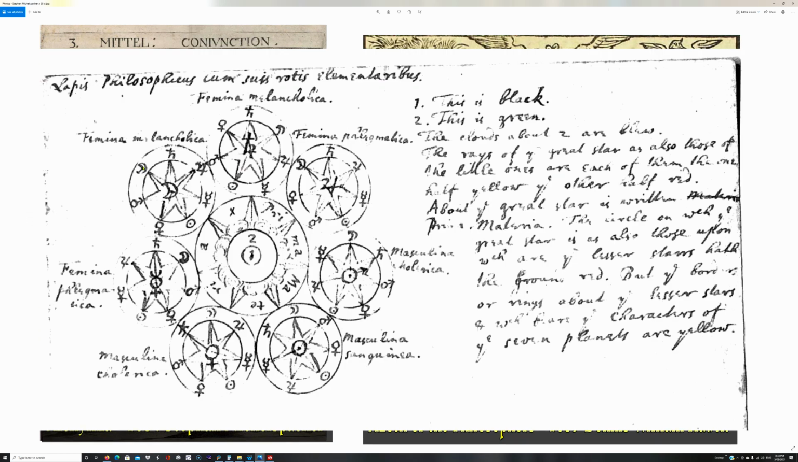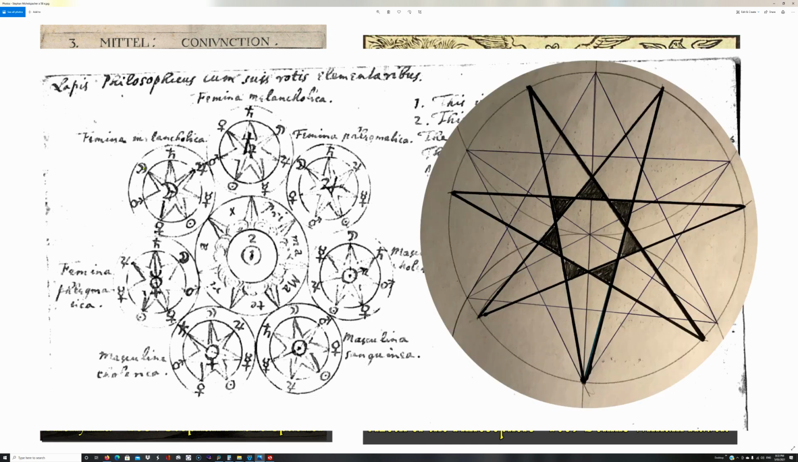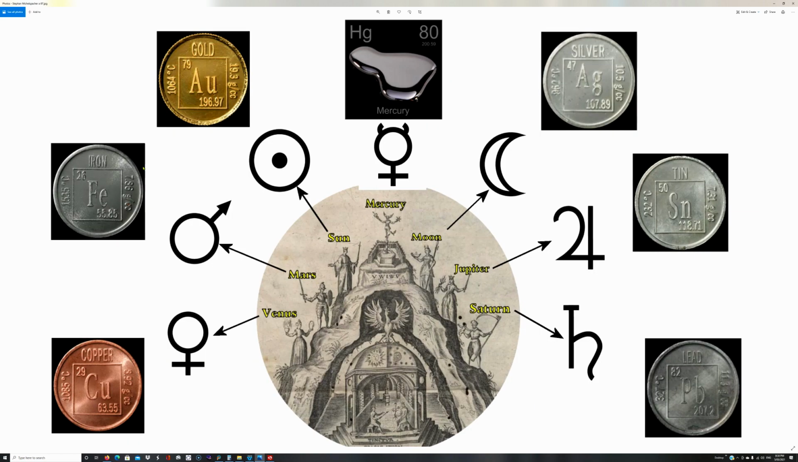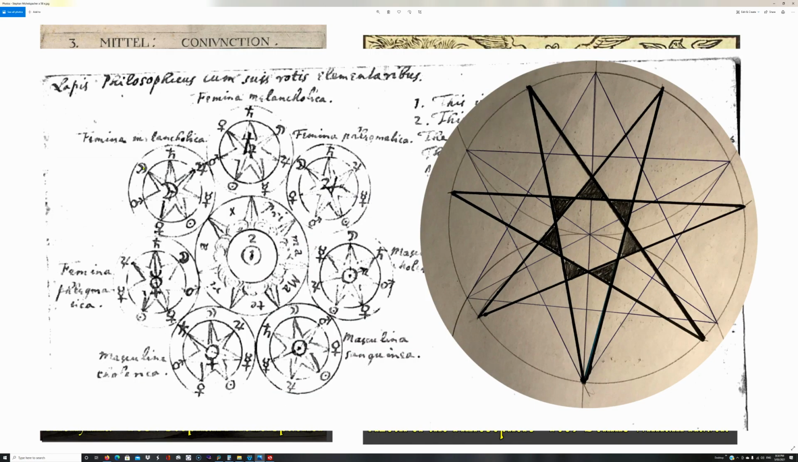So now this illustration is from the alchemical works of Isaac Newton. It's a bit uncomfortable for some people that Isaac Newton was an alchemist. But again, what we have is 7-pointed stars around the central point. Now there's feminine and masculine, sanguine and laconic and phlegmatic and stuff like that,